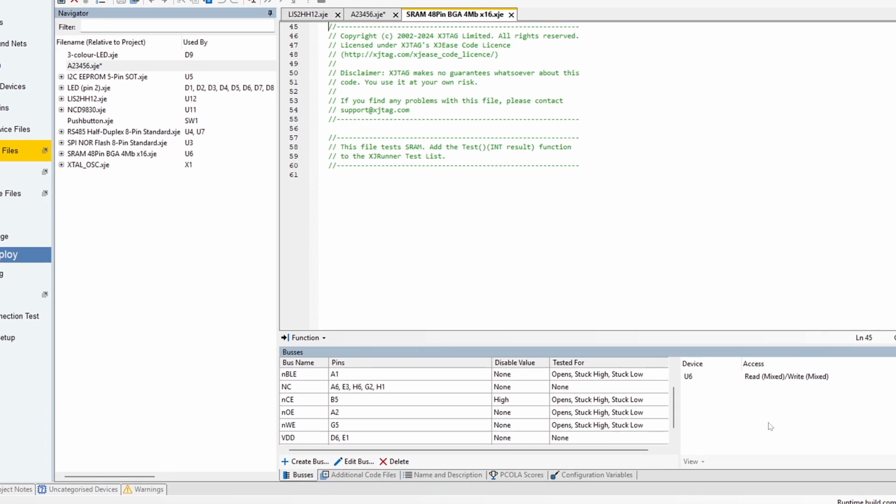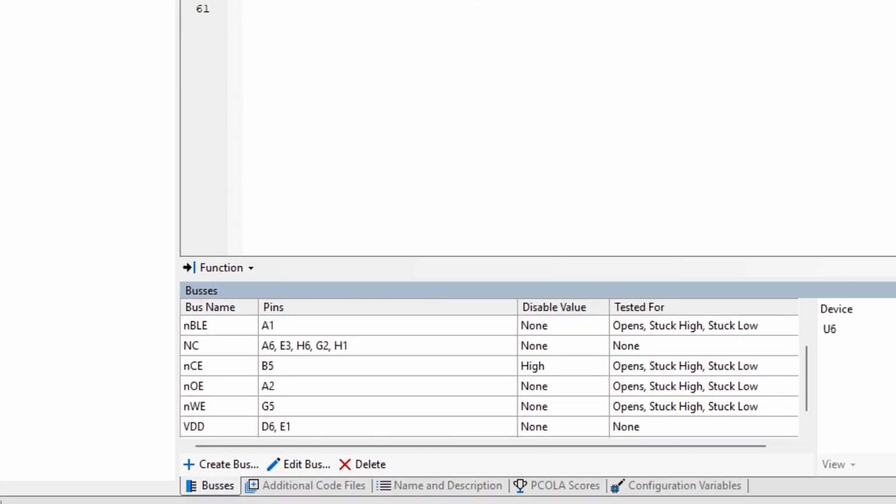Even if XJDeveloper created bus entries for you based on net names, you may find you still want to set up some additional groups of pins to make testing easier. You don't have to include the power and ground pins or any pins that aren't connected, but it can be helpful because it makes it easier to check you've got the file with the correct pinout if you use it later to categorize another device.